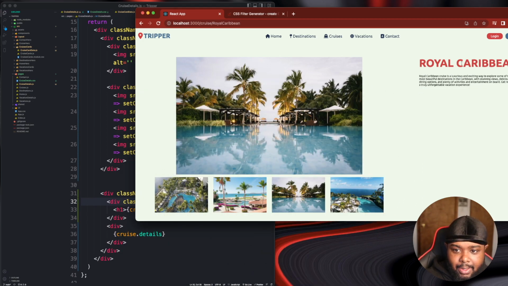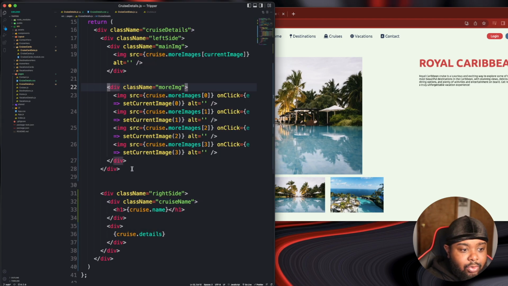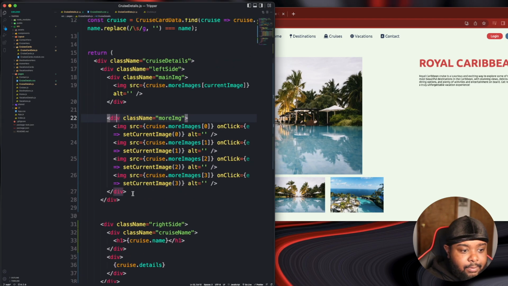I actually want to try something. So I kind of wanted this to be a little sticky sidebar here, and then whenever we scroll, this will stay here, and you'll have the images here, and you have some more details whenever I scroll. So what I'm gonna do is this. I'm going to, I think,